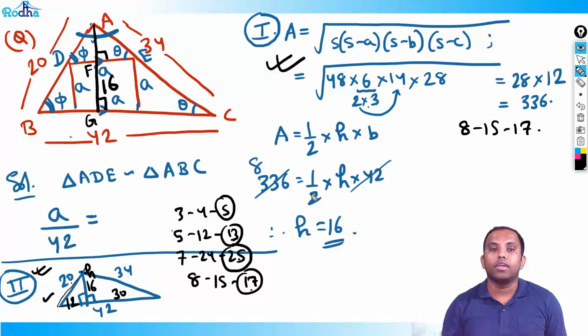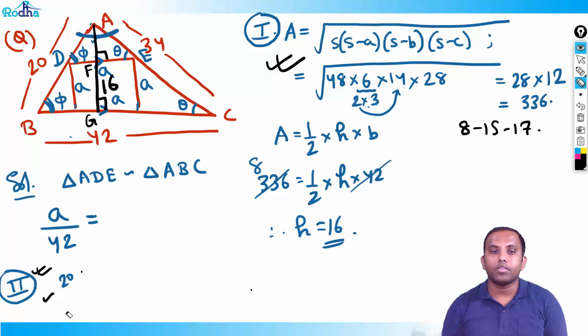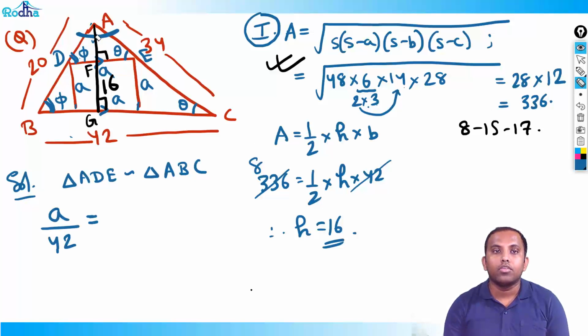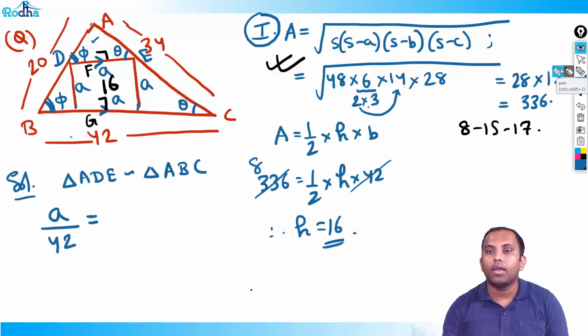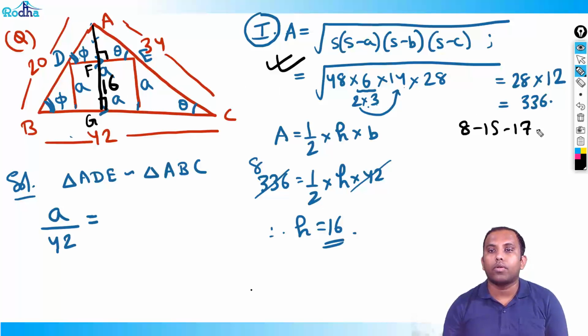Okay, so anyway, I got height as 16. Okay, now come back to this question. Now height is 16. Okay, so that means what basically now? The ratio of sides of two triangles, right? So common angle opposite is A, common angle opposite is nothing but 21. Okay, this is the height of triangle. So 21, right? Now,